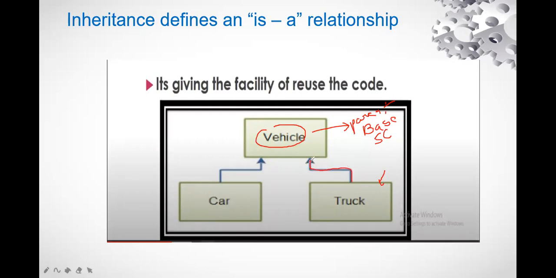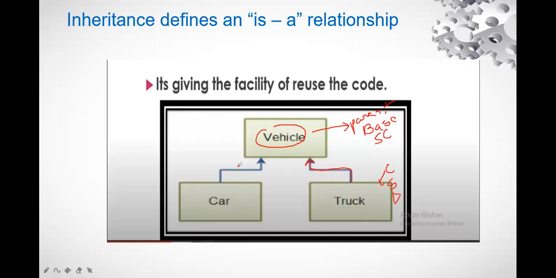You have to be very careful that when I say inheritance, the arrow will be on this side, because truck is inheriting the properties and attributes of vehicle. The car is inheriting the properties of vehicle. The car is the subclass which is derived from the superclass vehicle. And truck and car are considered the child class, or the subclass, or the derived class, right? So these are the classes we find here.